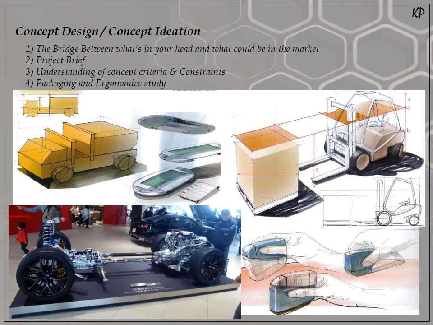What is the management looking for? What is our target? And what are the competitors available in the market. Also, he has to understand what the constraints are and what the criteria for our design is. Means which kind of manufacturing process we are looking for, at what price we have to sell in the market, and in what time. Also, he has to study the packaging and ergonomics of the particular product so that his design can be a perfect one for all the components which are going to come in that product.